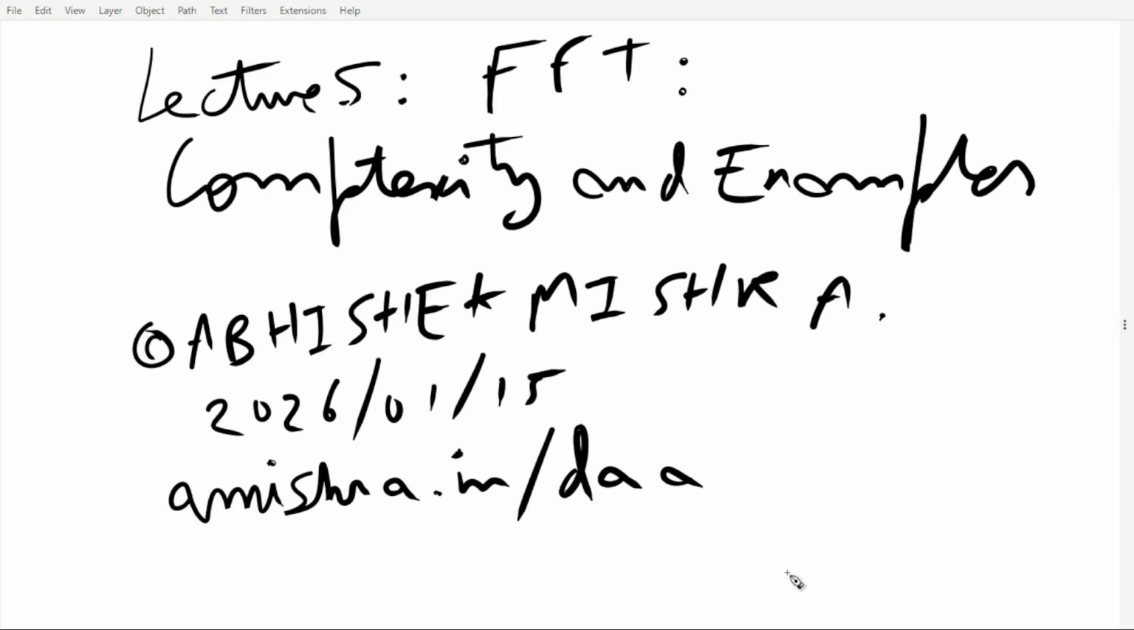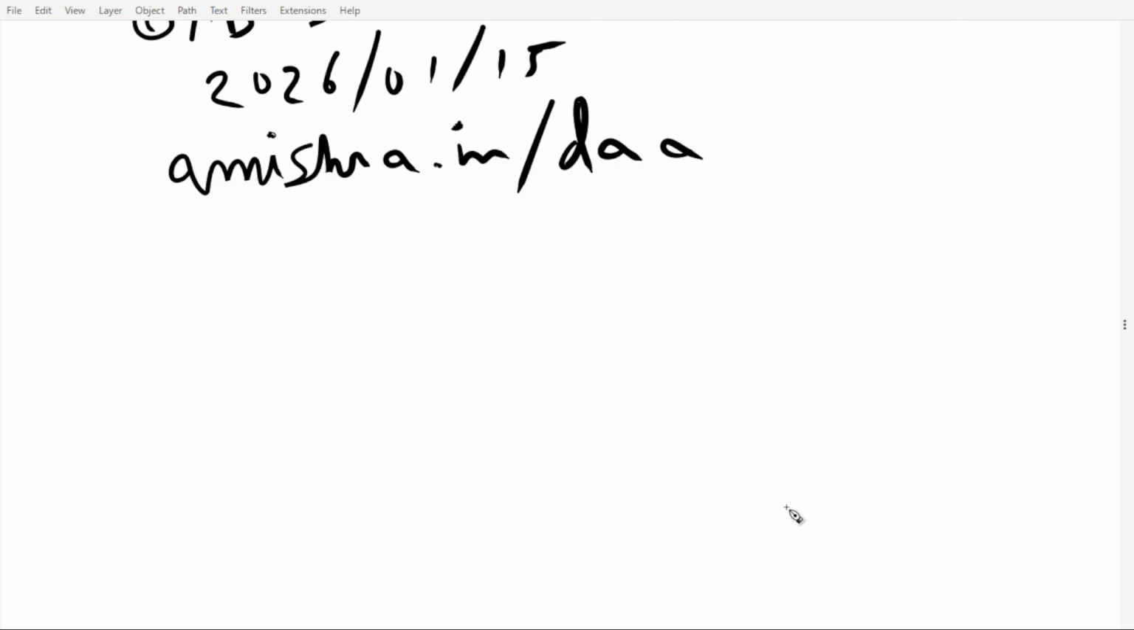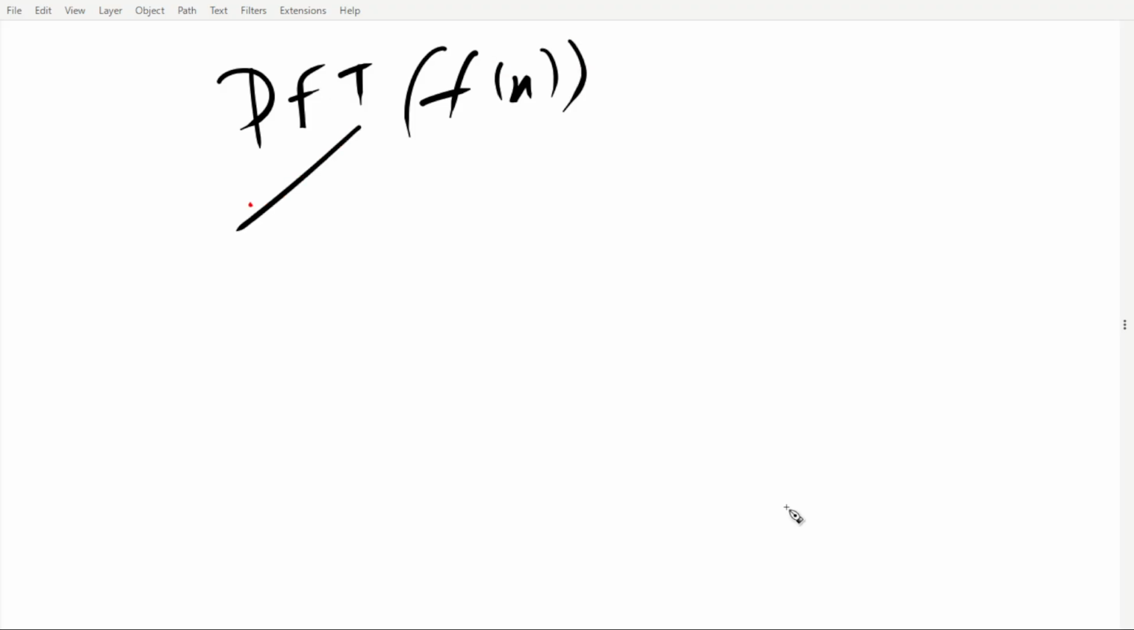So we'll continue with our lecture and find the time complexity of the FFT algorithm and take some examples. So first we observe that we have divided the problem for finding DFT of f(x). So this is the original problem. This is converted into,